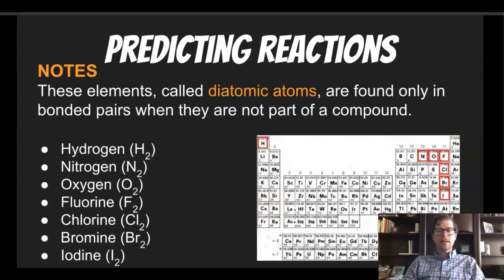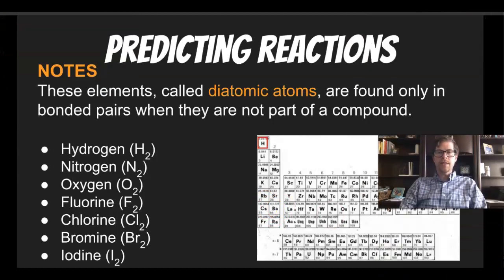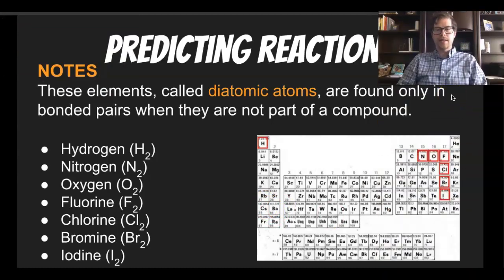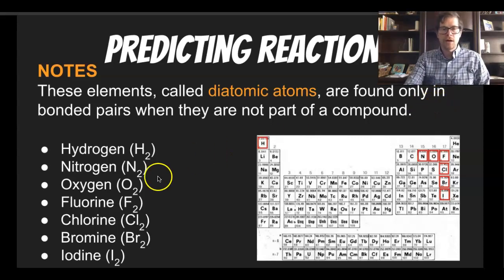Okay, the last little thing you need to know for predicting reactions is called diatomic ions. This is actually a fairly simple concept. There are 7 elements that, when they're by themselves and not part of a compound, are only found in bonded pairs. They basically always need a friend. These 7 are hydrogen, so right here, and then some of our more common nonmetals as well: nitrogen, oxygen, fluorine,